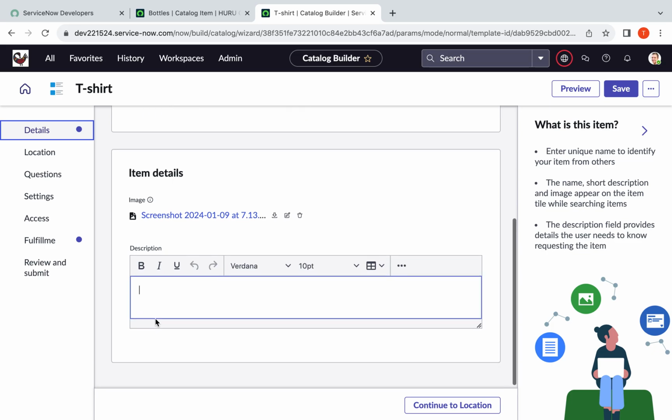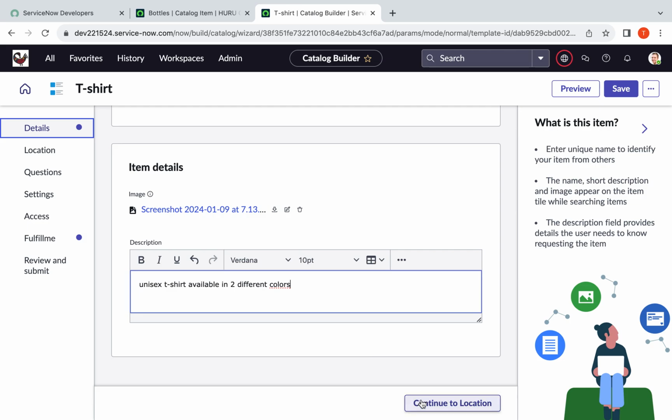And description, you can add an elaborative description or brief description about your product. So I'm going to add: a unisex t-shirt, available in 2 different colors,